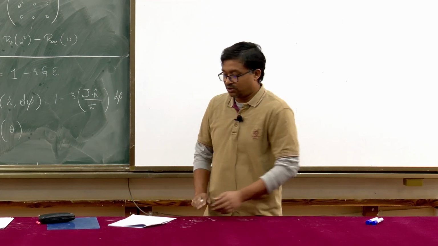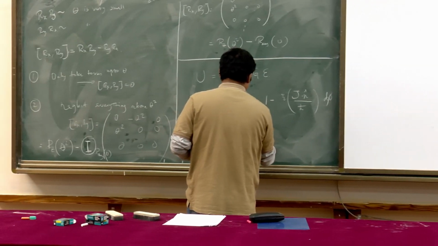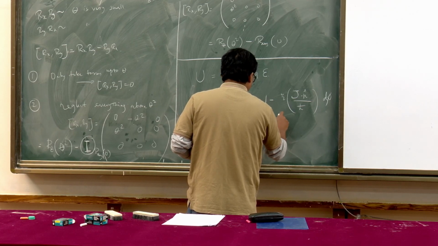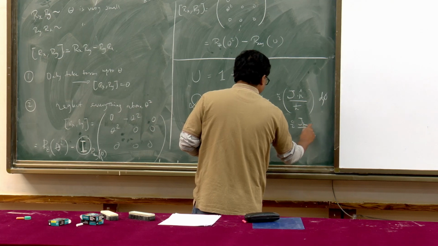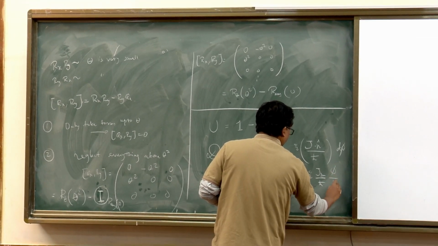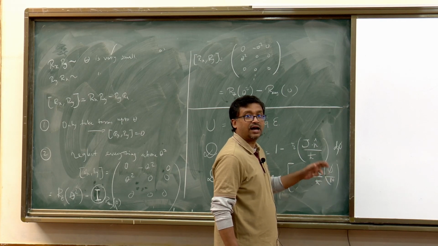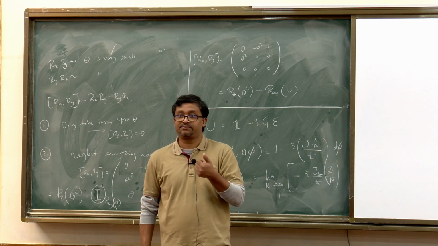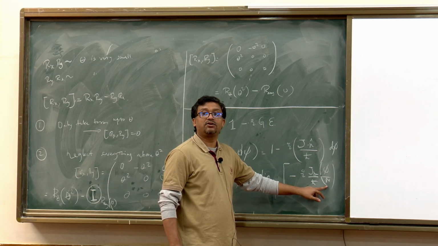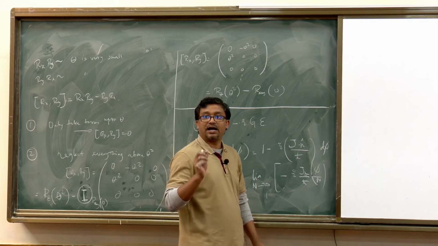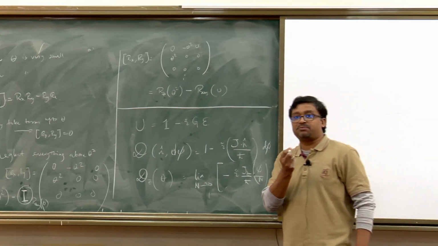So basically you take the limit n tends to infinity of 1 minus i Jz by h bar phi over n, where phi is your finite angle. I am dividing the finite angle into n parts, and allowing n to go to infinity, meaning that I am going to recover this finite angle by doing very small rotations,